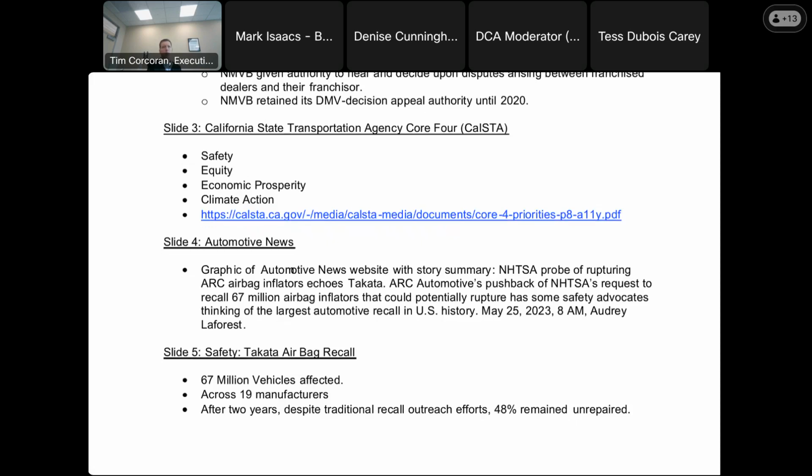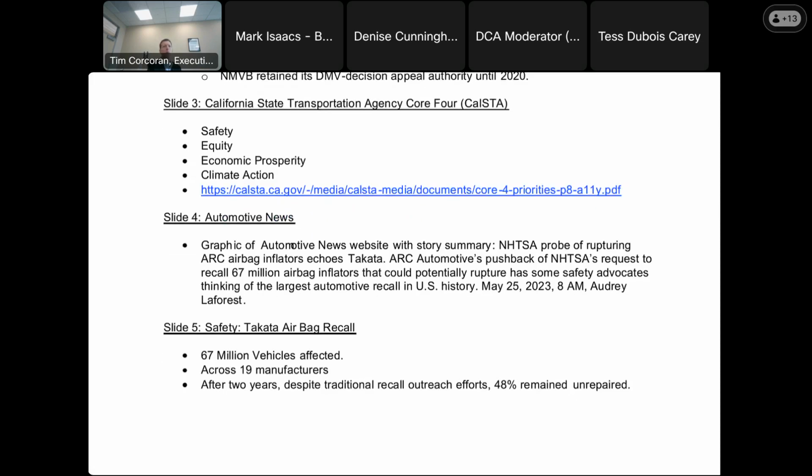So again, this is where I could probably speed through some of this, some background on the recall. It was and remains a historic recall in that it affects 67 million vehicles and across 19 different manufacturers. And after the first 2 years, despite all the traditional recall outreach efforts, 48% of the vehicles were still unrepaired. And that's a lot of vehicles when you're talking about 67 million. In 2017, there was a settlement